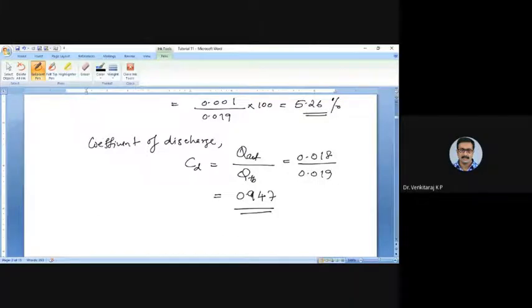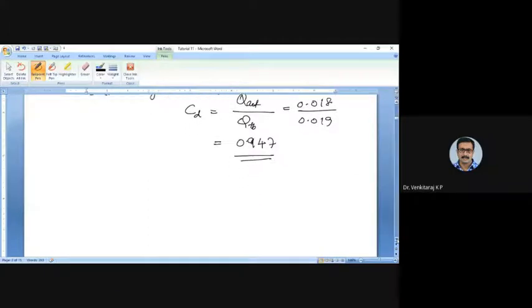And finally, we can evaluate the power requirement of the pump, the theoretical power and the actual power. So here it is theoretical power. The theoretical power is equal to gamma A L N H by 60, where